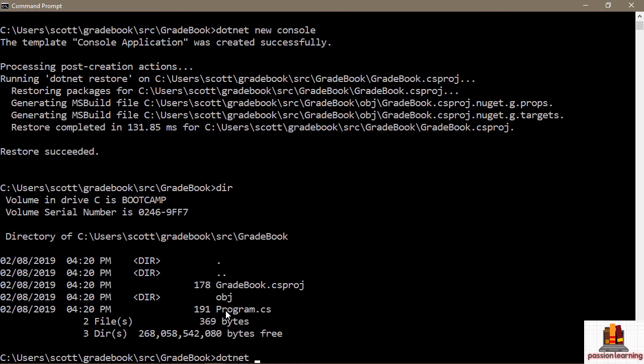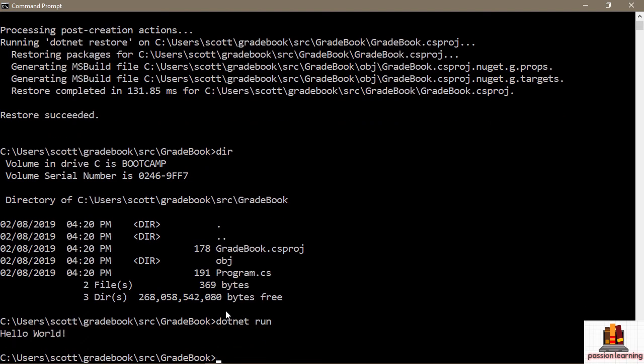But before we look at any of the code, I just want to run the command dotnet run. Now, if I press enter, what dotnet run is going to do, since I haven't given dotnet run any other information, it's going to look inside of the folder that I'm currently in for a project, and it will find the gradebook.csproj project. And what dotnet run will do is say, oh, you must want to run this project. So let me try to take all the steps that are necessary to execute the code that is part of this project. And we can see the result of dotnet run on this brand new console application is to say,